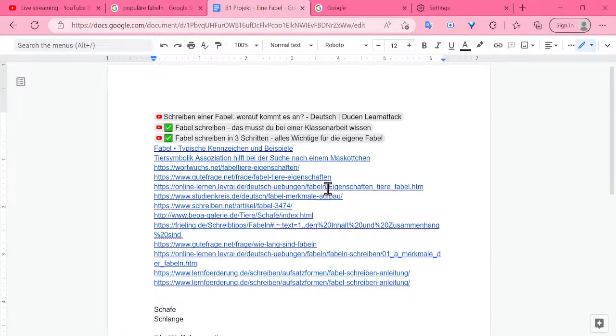So, as the description states, I'm doing a B1 course, and as part of that course, we need to write and also narrate a project. It's supposed to be short, but we're supposed to create our own fable. You know what fables are? They're these tiny stories, moral stories usually, but they don't have any human beings, they just have animals.